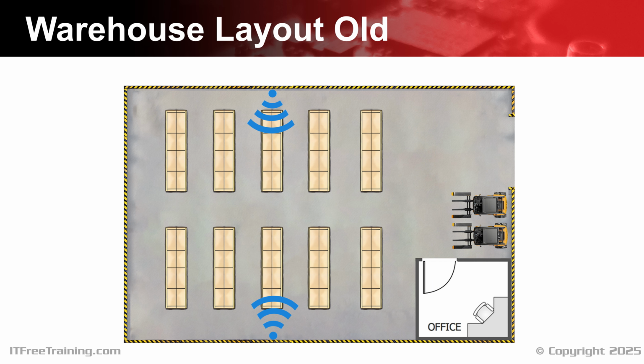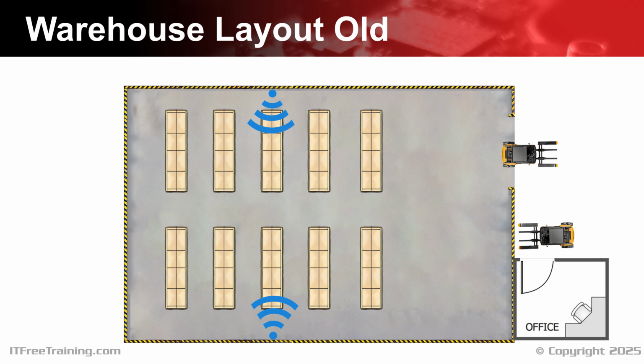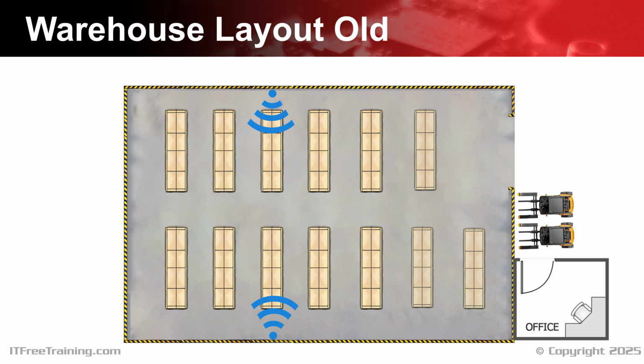To understand why the access points were placed where they were, let's consider what the warehouse used to be like. Previously, there were fewer shelves in the warehouse. Also, the office was located inside the warehouse. Since there was space, the forklifts were parked in the warehouse. As time passed, to add more shelves into the warehouse, the office and forklifts were moved outside. You can see the old design. It made sense to have the access points where they were. However, with the new shelves, they are no longer in the ideal locations.